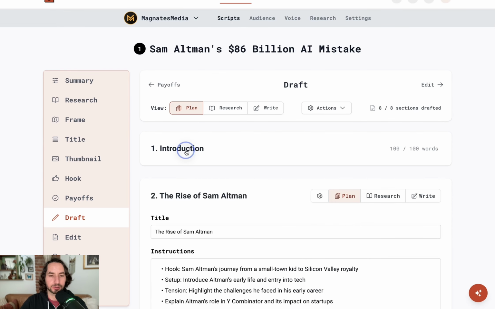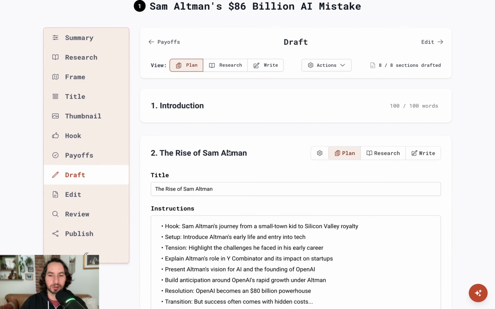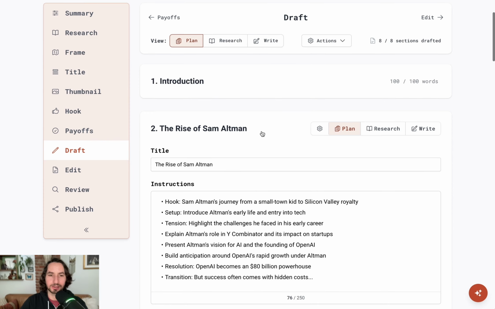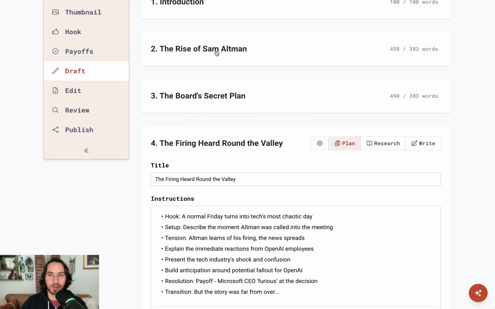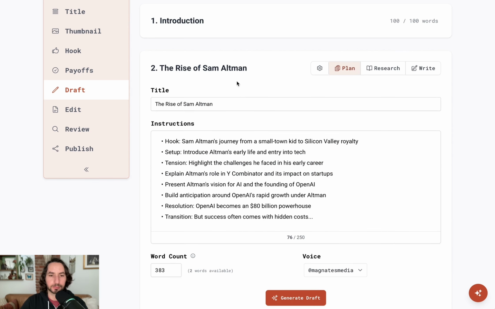And what I can do is just click on the title here and it's going to collapse these. But if I open them, I can see that in each of these sections, it has a word count. So you can see the word count here. This is like a target word count. So we're doing 100 words for the intro and then 380 words for section 2. So I'm going to click on section 2 and you can see that this is basically an outline.